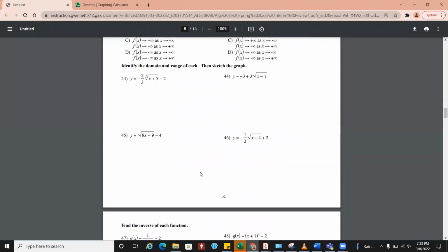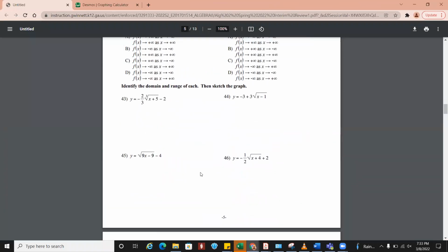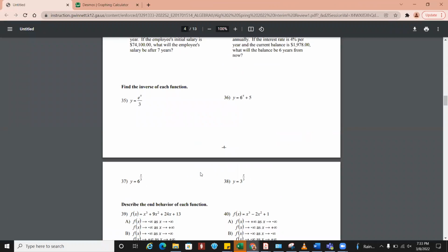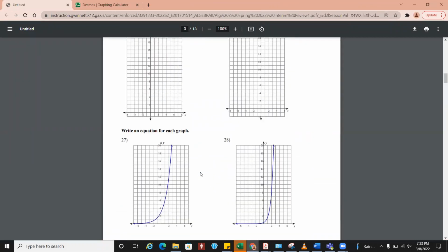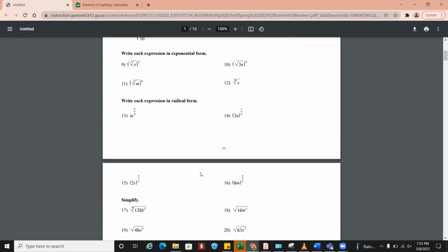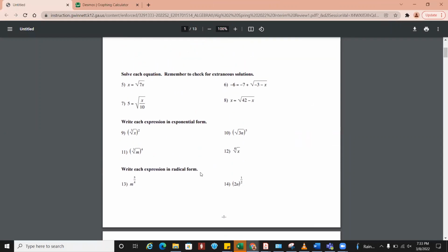45. We already did 45. Okay. 35 we already did. So we're at 6 now. Okay. Going back to 6. All right. So on this one,